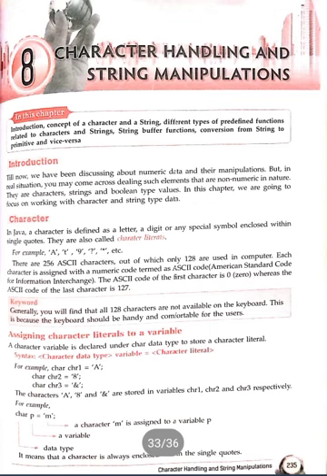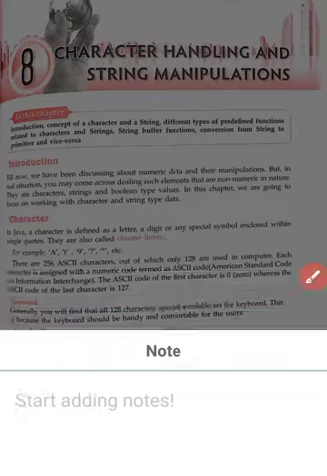Now, assigning a character literal to a variable. How can we assign a value to a character variable? You write char, then any name, and then any single character enclosed in single quotes. This way we initialize a character variable. Here, char p = 'm' is written. In this, char is the data type, p is the name of the variable, and small m in single quotes, that is in lower case, is the value of p.